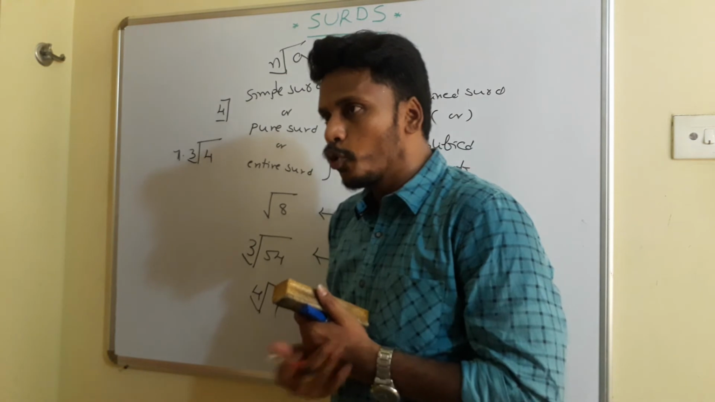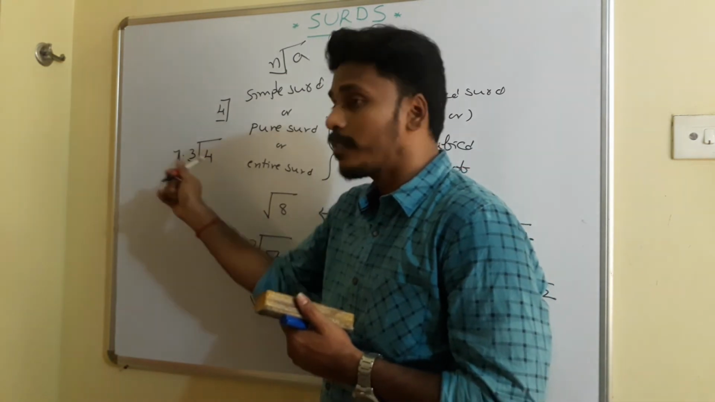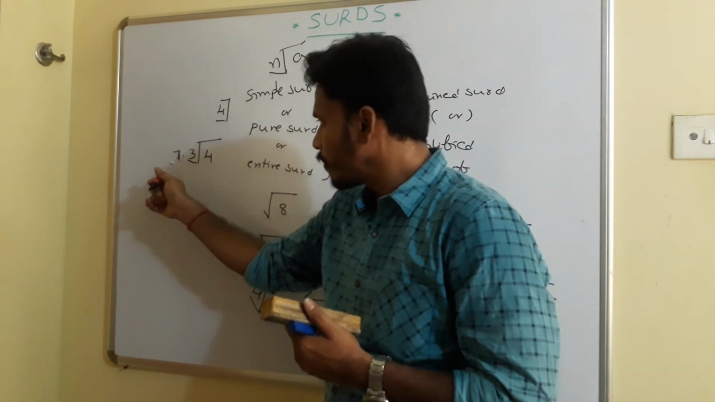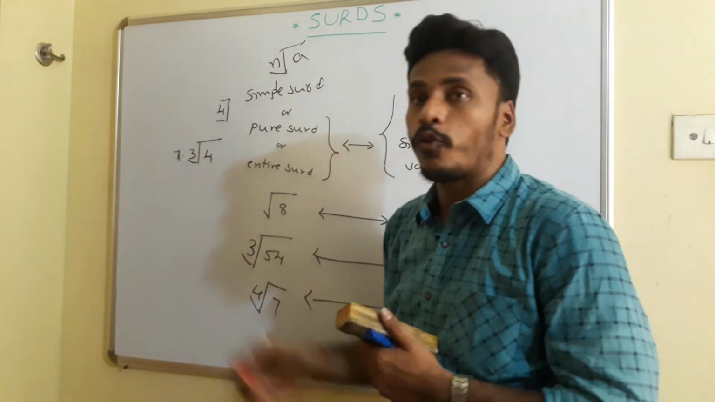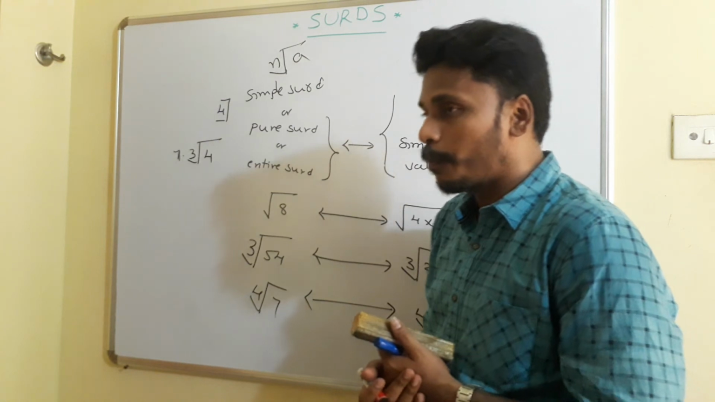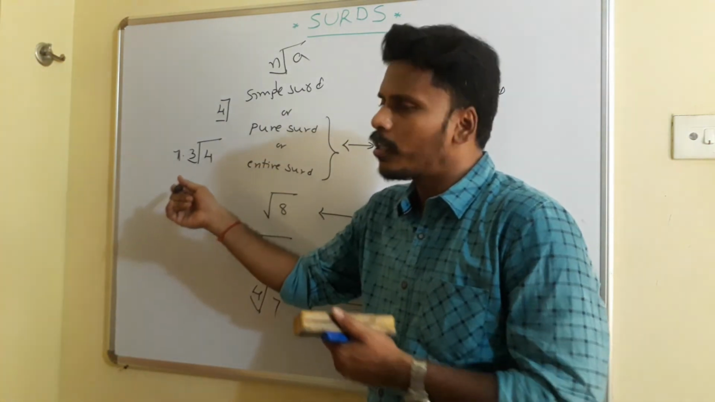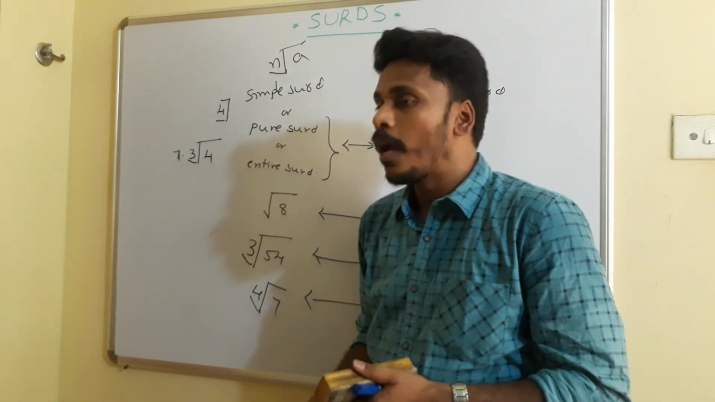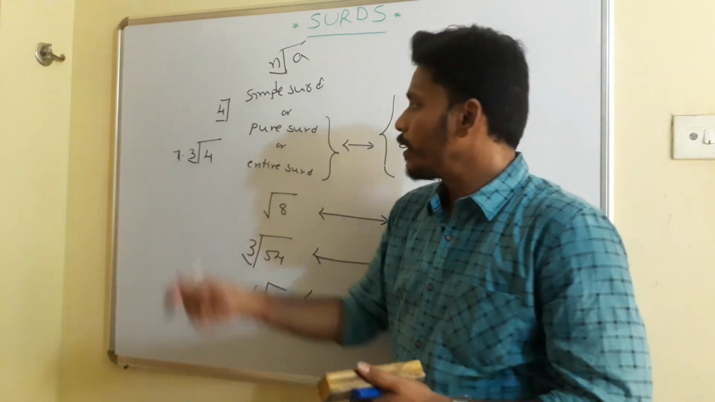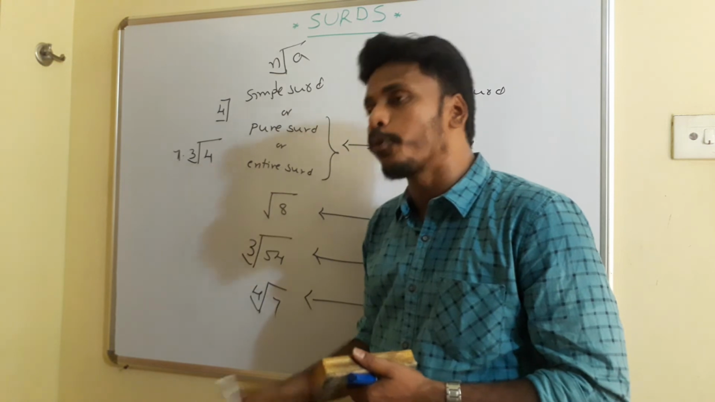Is it a pure surd? No, because 7 is a coefficient for this cube root 4. 7 is the rational part, whereas this cube root 4 is the irrational part. So it is not a pure surd. Since it is not a pure surd, we call it a mixed surd, or sometimes we mention it as the simplified value. And if anybody asks you to convert this 7 into cube root 4 into a pure surd,